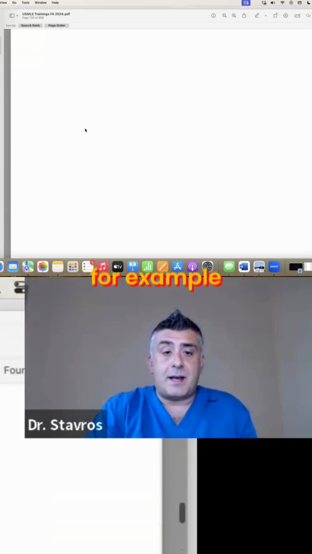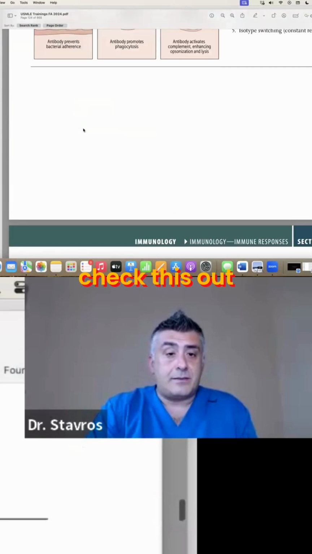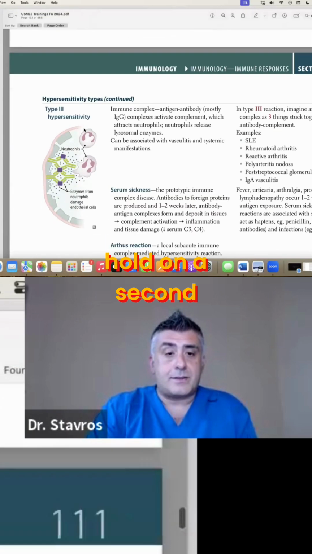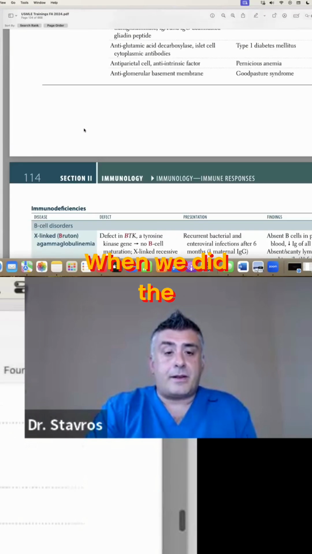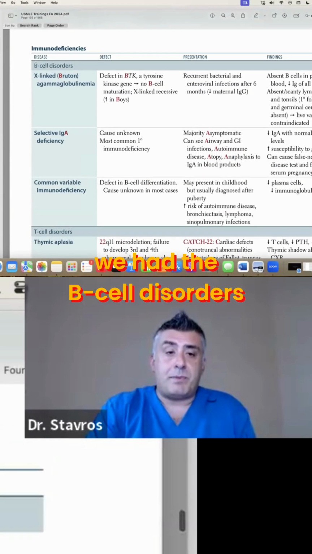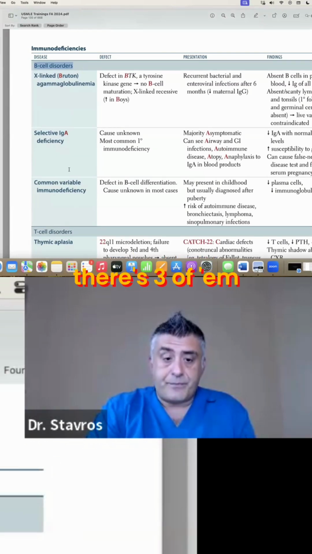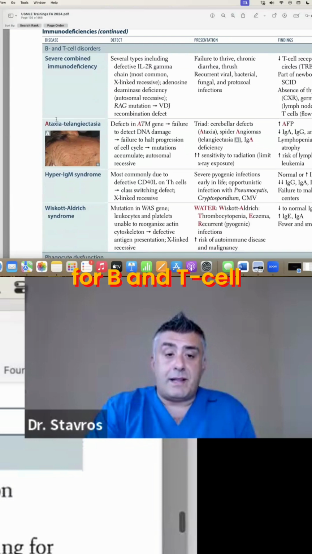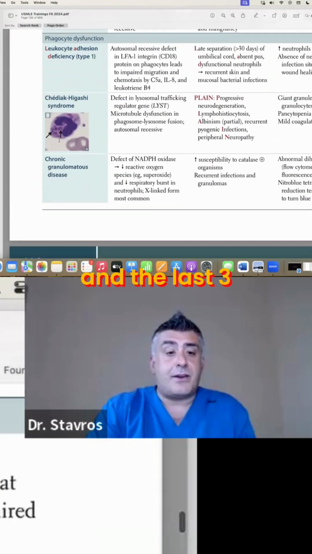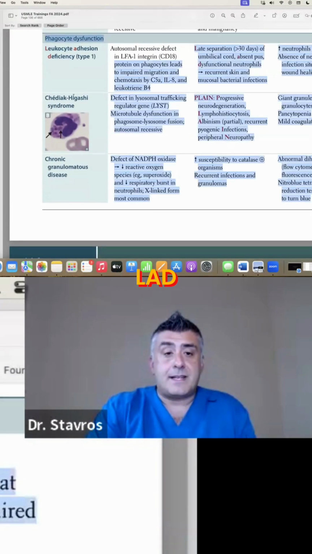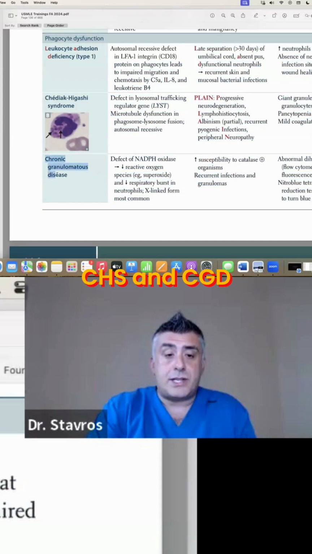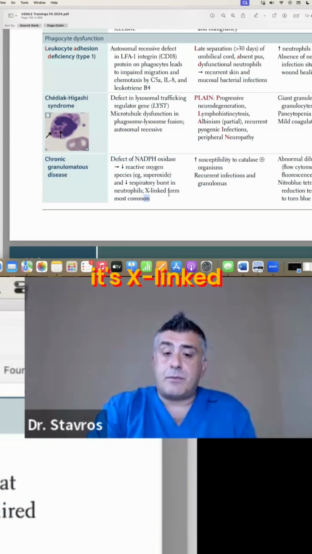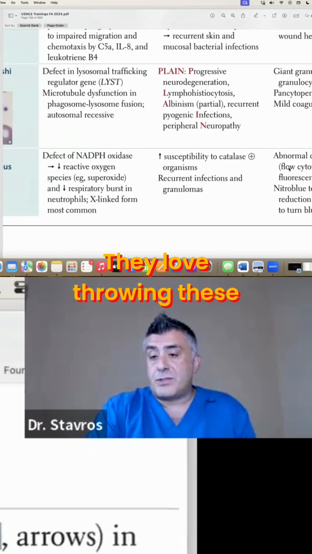When you do immunology, for example, check this out. Let's go down a second. Hold on a second. It's right here. When we did the congenital immune deficiencies, remember, we had the B cell disorders. There's 3 of them. We have the T cell disorders, there's 4 of them here. Then the other 4 for B and T cell. And the last 3, here it is, LAD, CHS, and CGD. Defect in NADPH oxidase. It's X-linked, most common form. They love throwing these 2 tests